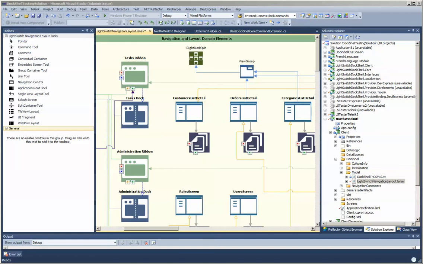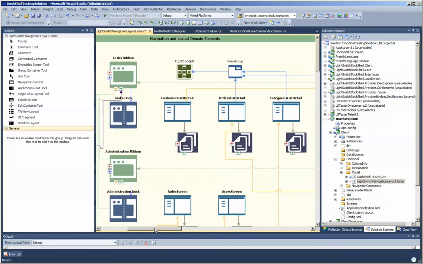Hello there. In this video, we're going to take a look at some new features in our latest release, which allow the ability to open up related screens and close related screens in a document view. And so what we have here is a scenario where we have a LightSwitch application, and if I